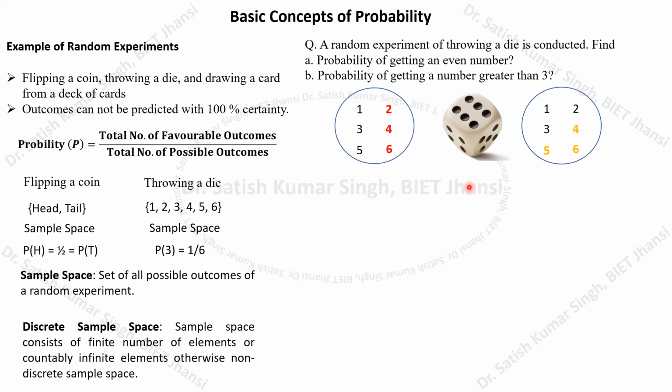Right? So if we wish to find out the probability for this particular question A, what is the probability of getting an even number? So this probability we can define and write here. If the outcome of getting an even number is represented by outcome 1, then that can be written as the probability of 2, 4, 6. So you can write this as the probability of getting 2 plus the probability of getting 4 plus the probability of getting 6.